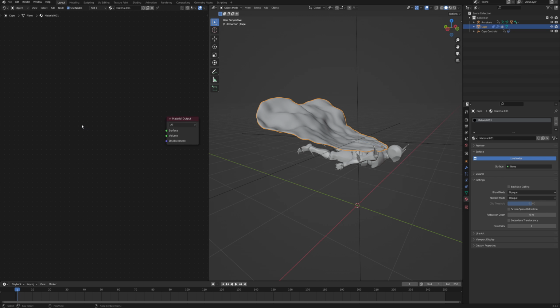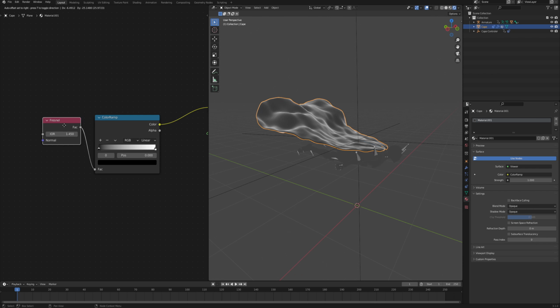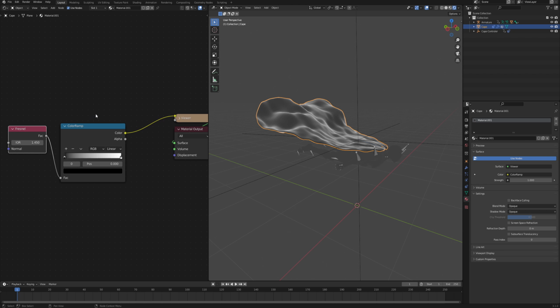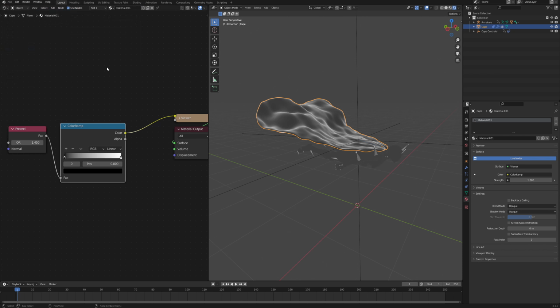And this material is very simple. All we need is a Fresnel node and a color ramp. Let's connect them like so. And then let's go to the render preview and let's preview the color ramp itself. So the preview, for any of you that doesn't know, the shortcut for it is Ctrl Shift and left mouse button on the node, but you have to have node wrangler enabled in your add-ons. So make sure that you do, because we will use this add-on a lot. It comes with Blender pre-installed, so it's just a great tool to have enabled all the time.